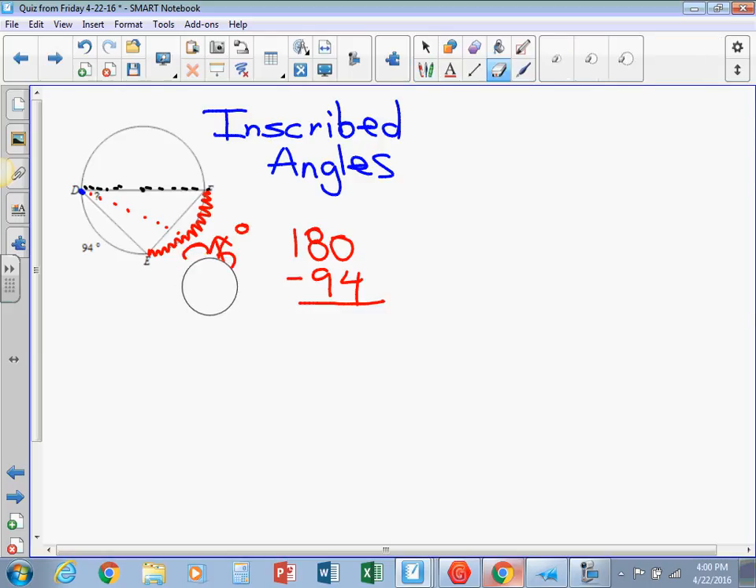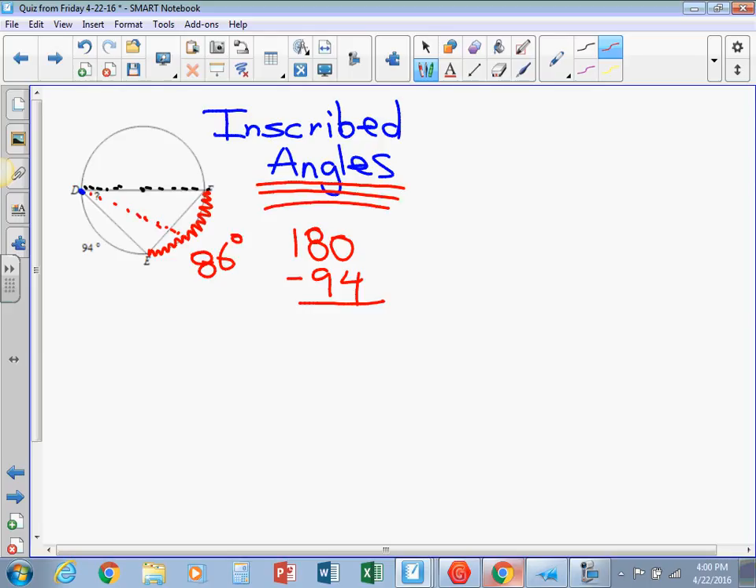Let me clean that up a little bit. So, if I want to go back to this inscribed angle this time, I just take half of it. So half of 86 is going to give me 43 degrees, and that is the answer that I want. Next,